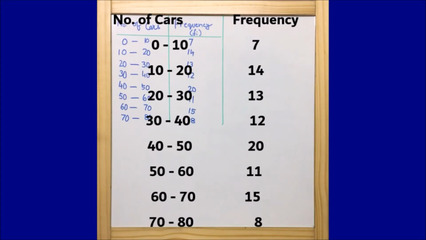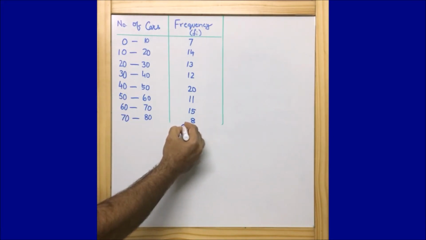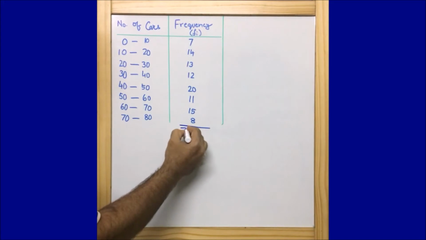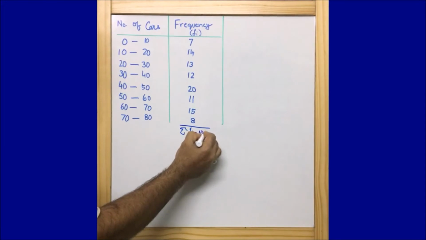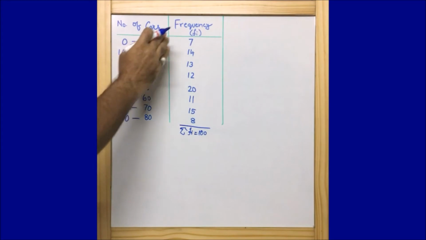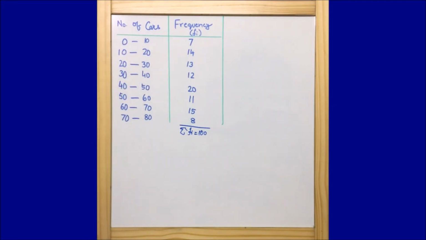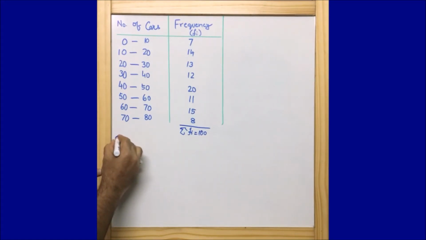Let's see guys, I have noted down the data here on my board, and the given frequency is for 100. So if we sum it up, we will get the sum of Fi is equal to 100. Okay, now this is the data we got. The range is 0 to 10 with 7, 10 to 20 with 14. That means with a class height of 10 each, the student took down the number of cars and the frequency. Now here the question asked us to find out the mode. Guys, we very well know the formula for mode. Let me note it down.